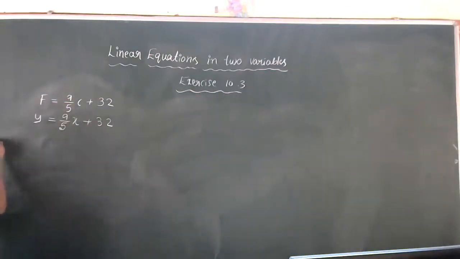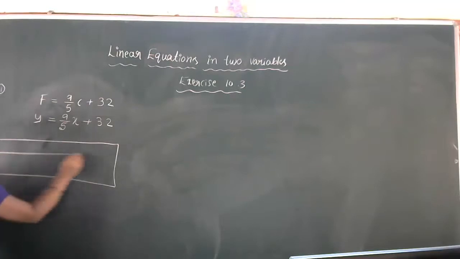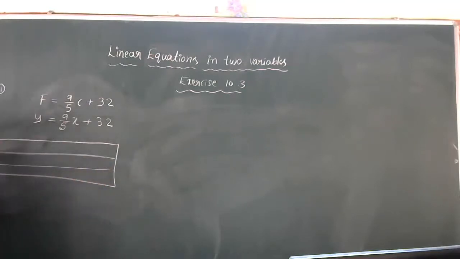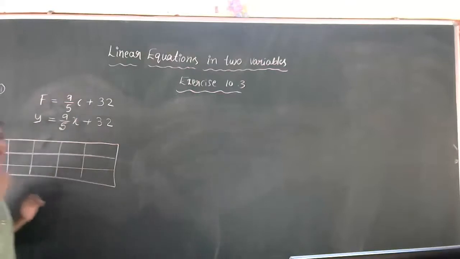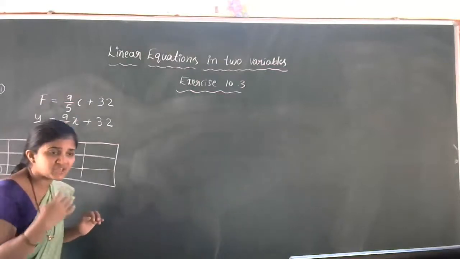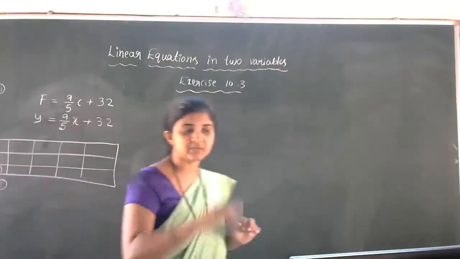So how to draw the graph of this one? We are working the 8th problem, first part. Now we have to prepare the solution table: x, y, then x comma y. Now you have to choose the x value here, but you have to be very careful. What values should we take for x to get proper numbers? If you take any value like 1, 2, 3 and all, you will get fractions. Decimals, point something will come. If point something comes, it will be difficult to represent on the graph in that scale.